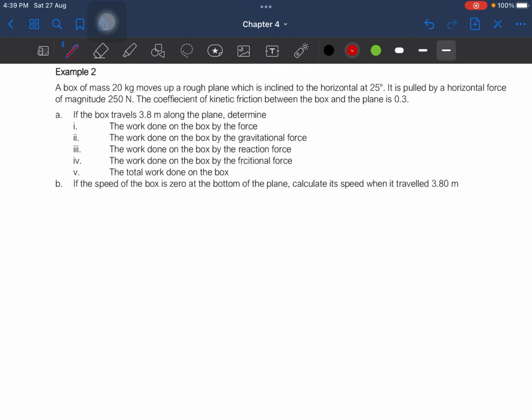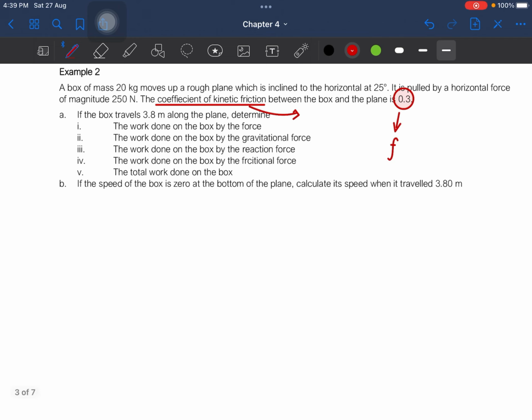Example number 2, a box of mass 20 kg moves up a rough plane which is inclined to the horizontal at 25 degree. It is pulled by a horizontal force of magnitude 250 Newton. The coefficient of kinetic friction is given. Remember, the coefficient of kinetic friction is not the force. Okay, some students pergi tulis yang they declare that this 0.3 here is the value of F. It is not, okay? It is the coefficient, which is